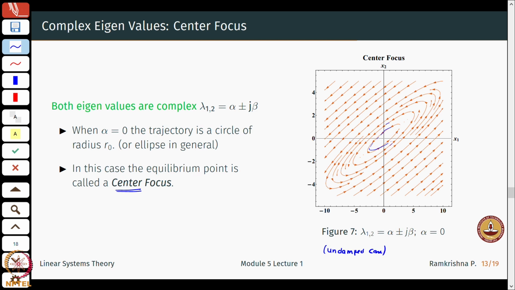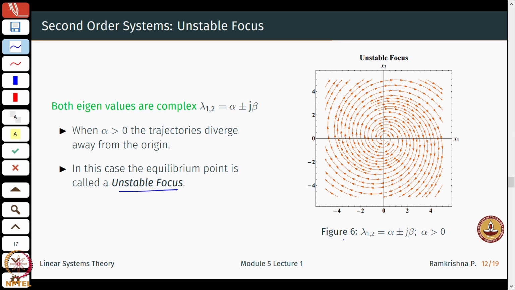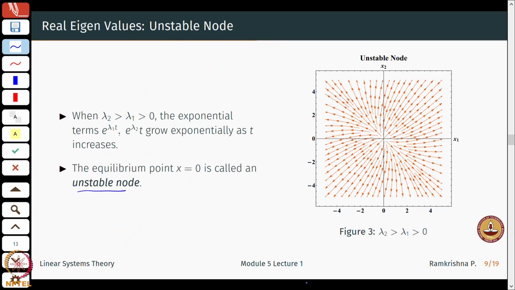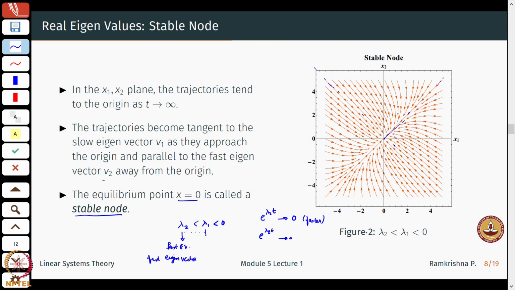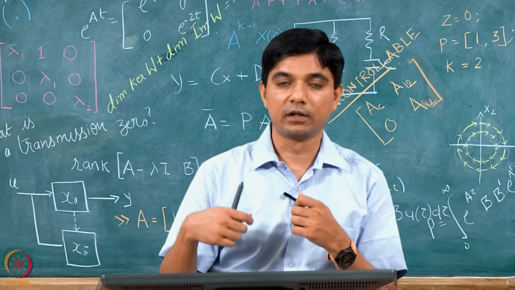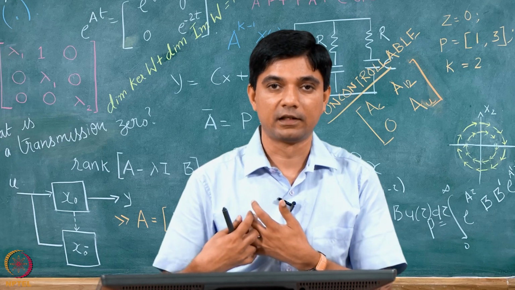Okay. These would correspond to the underdamped system. Of course, I am not really talking of damping in an unstable system, that does not make sense. So these correspond to the underdamped case, whereas if I go back here, this would correspond to something like an overdamped system, or when lambda 1 and lambda 2 are equal, it will correspond to a critically damped system. And these kinds of plots we drew earlier in our week 1 lectures.